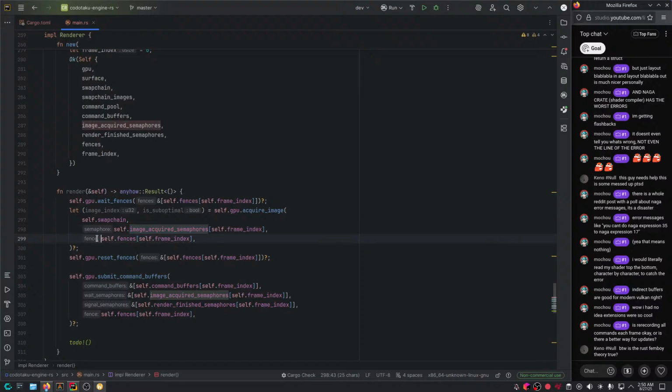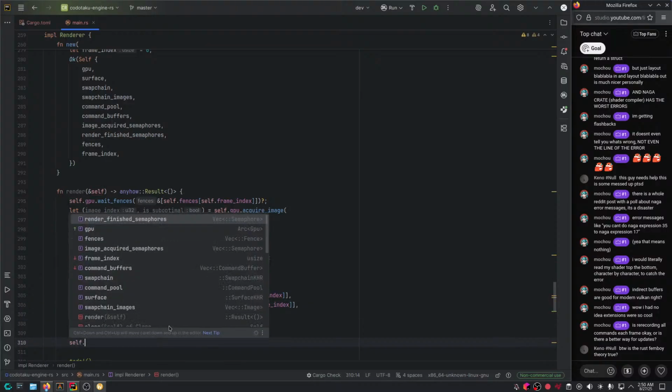And it's also gonna signal this fence that we're gonna use later. Right, and then we basically reset the fence, and here in submit command buffers, which is the one that's going to do the rendering, we wait on the image acquired semaphore, right? And once we're done, we signal the render finished. And then after the render is finished, we're going to present.